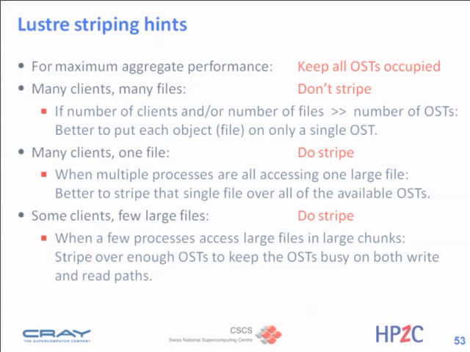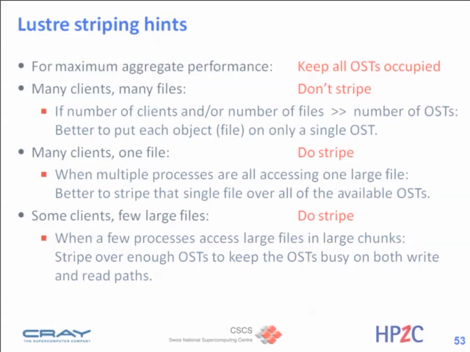If you have many clients, for example many MPI ranks writing to a single file, then maybe it's worthwhile to stripe, because you have one large file that is distributed across multiple channels,